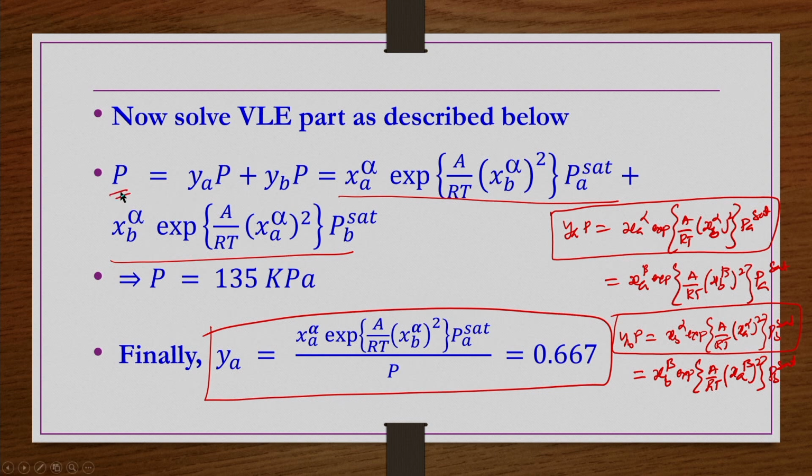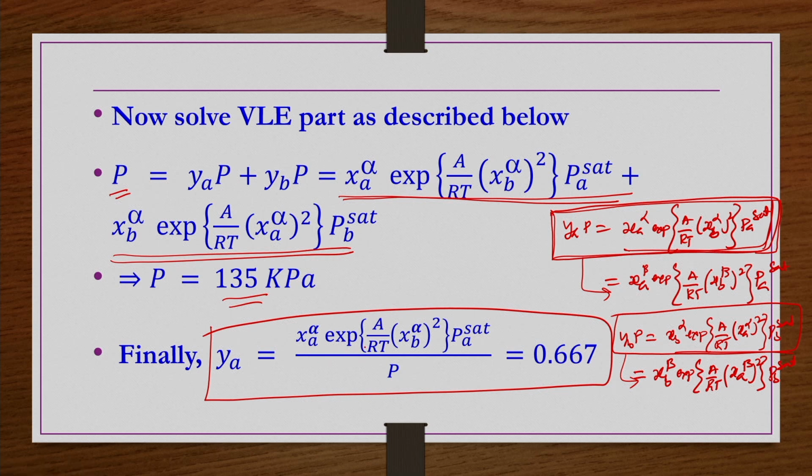That is nothing but P into YA plus YB, that is P, and this is equal to this particular part from component A, and this particular part from component B. You can do it the other way also. YA P you can take equal to this part, and YB P equal to this part, and obtain the pressure; you get the same thing. Once I found P, I used only this part of the equation to find YA,